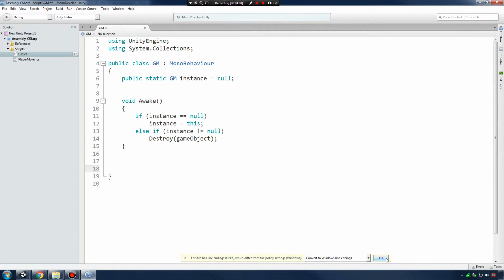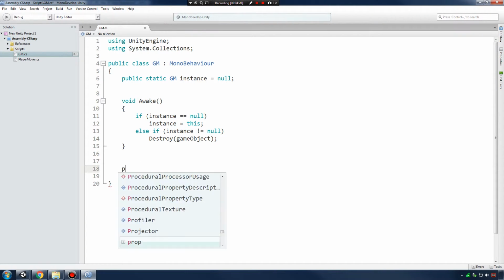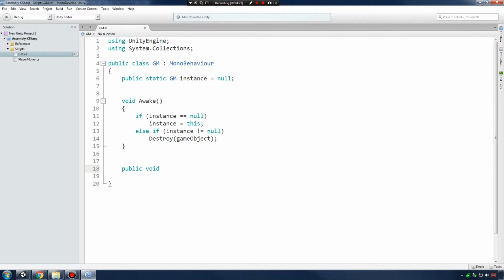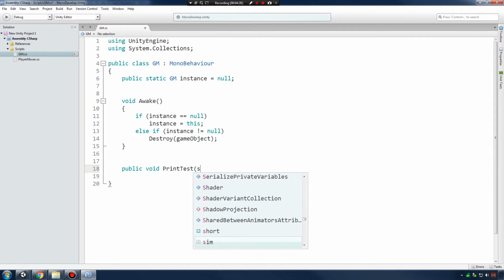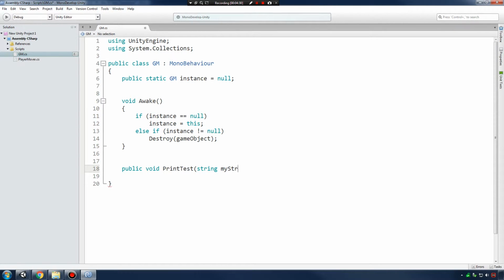We're going to primarily use our game manager as a library of user-made, hand-rolled functions. So continuing with that theme, why don't we make a public void print test function. And it's going to take a string parameter called myString. So now,